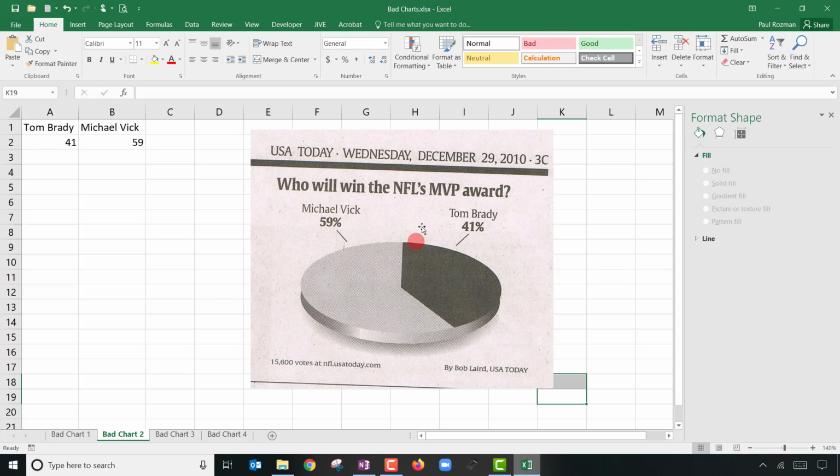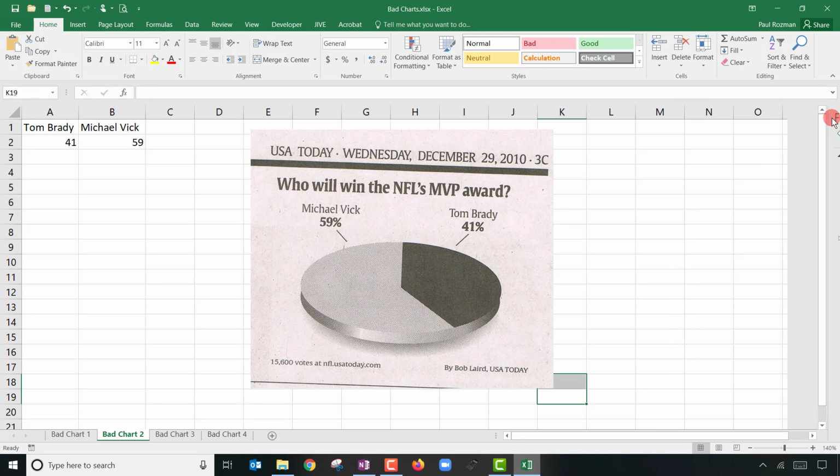But there is something pretty poor about this. It does say how they got the data. They had voters on the website, which I said generally self-selection is bad, but maybe not so much in this case. From the sports page, you don't really want to poll all Americans to see who's going to win the NFL MVP award. You do want to poll people that are interested in sports. So it makes sense that you'd poll people that have already visited your sports page. So I'm not too disappointed in the number of votes or how they collected it.